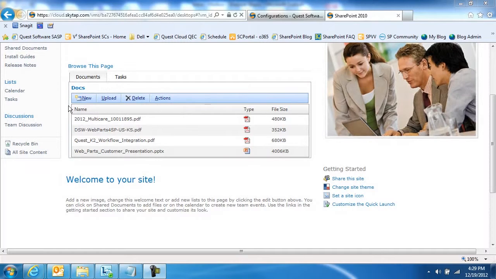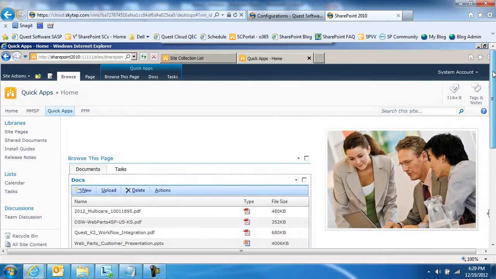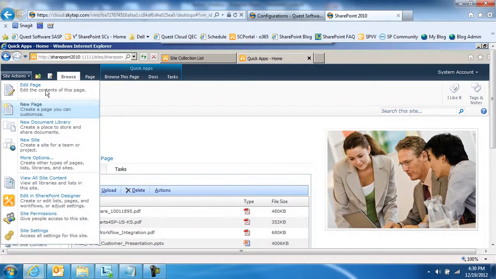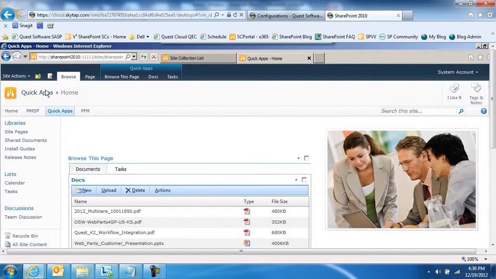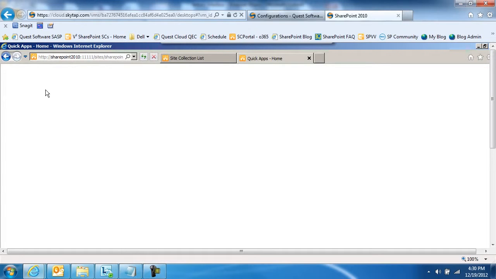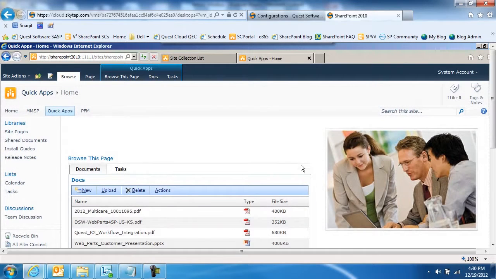One thing to note: if I decide I don't like this anymore and I want to delete this web part, what's going to happen is you're going to delete the dynamic layout web part, but you're not deleting the rest of the web parts. They just go back to the same zone, same location they were in prior to you creating and configuring this dynamic layout web part. So if I come back in here and say edit this page, go back to the dynamic layout web part and choose to delete it,